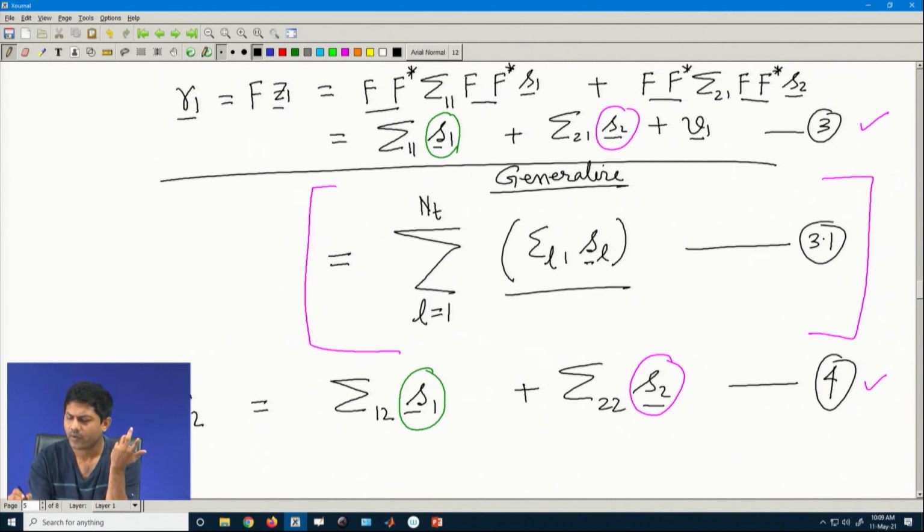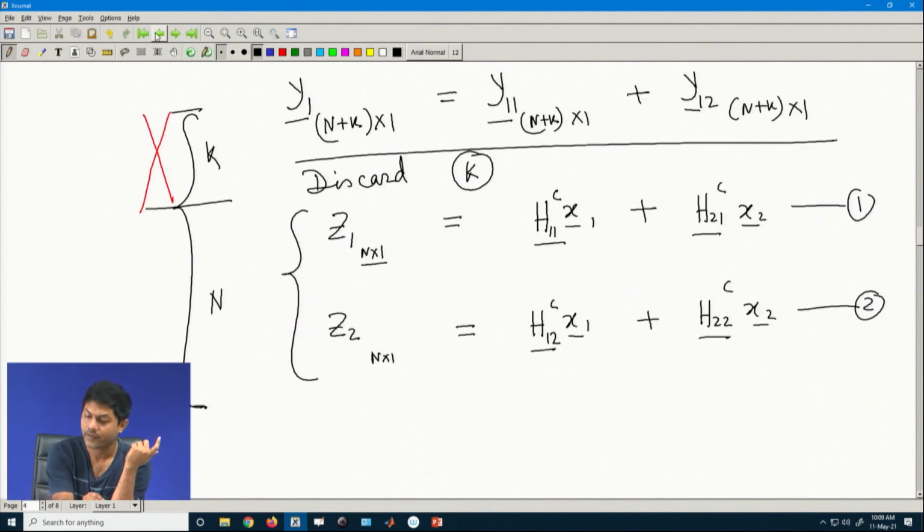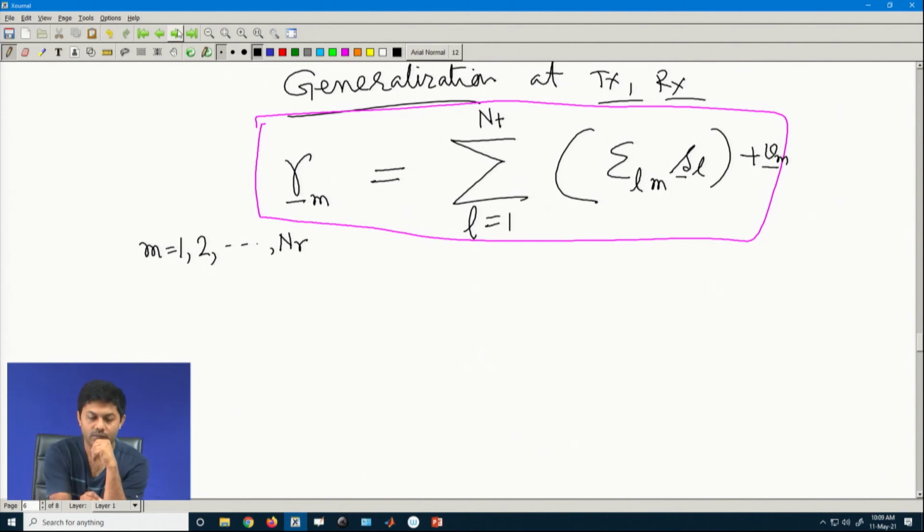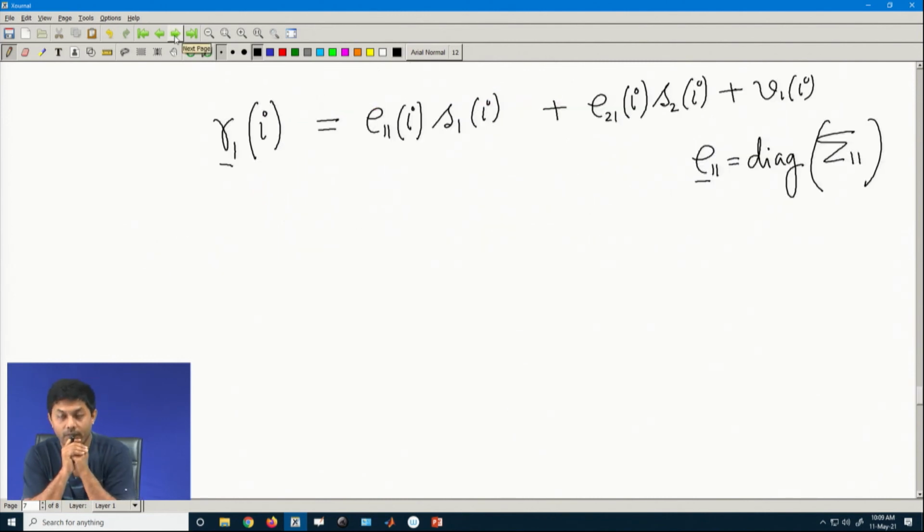You can have a noise vector just for your completeness, I do not mind it. You can have noise everywhere. So, just for your understanding, I just put the noise here.